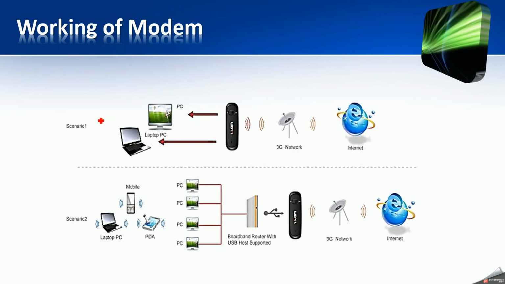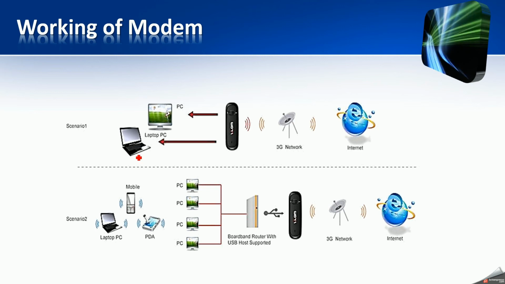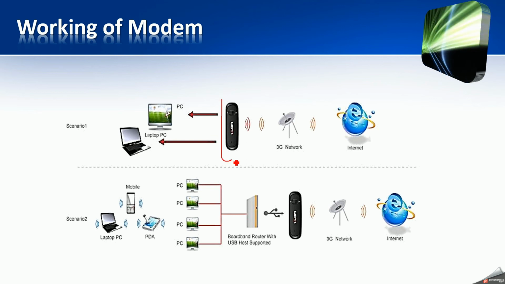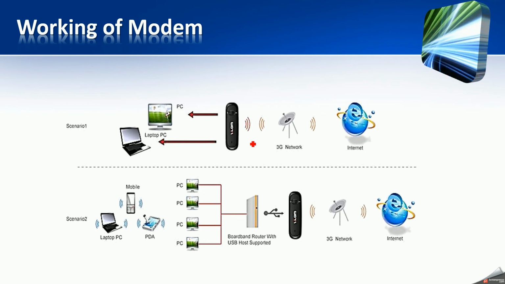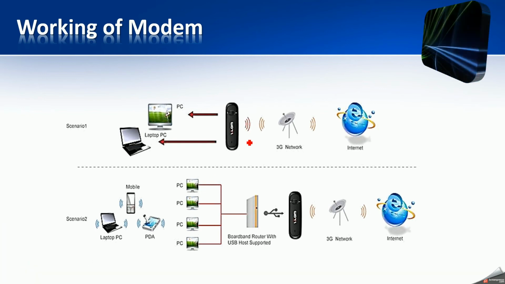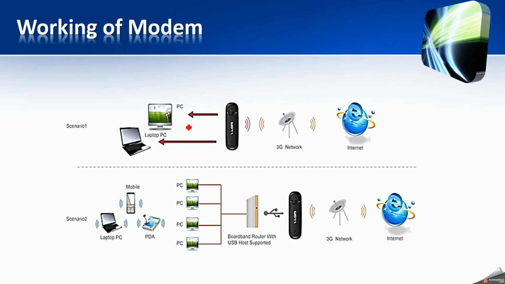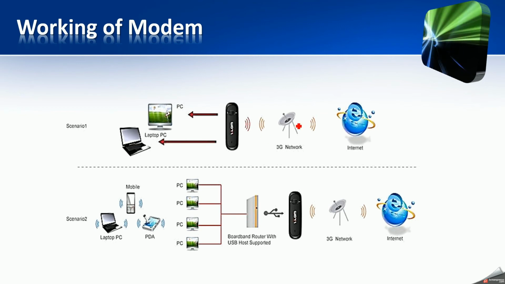In this image, you can see two scenarios. In the first scenario, you may have a PC and a laptop which you can connect to a USB dongle, that is a USB internet modem. Also a powerless modem, that is, you don't need to connect it to a power line. You can simply insert a data card into it and connect it to your PC or laptop. It's quite portable, you can carry it in your pocket to some place.